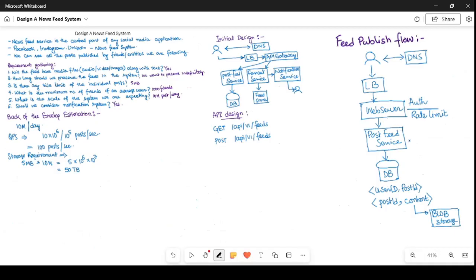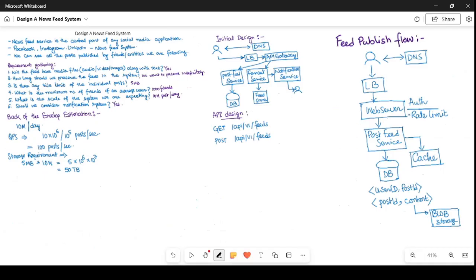So obviously the post feed service will also need a cache, because we realized from the back of the envelope estimation that we need to save 100 posts per second, and simultaneously our fan out service will take those posts and publish them to all of its friends' feeds. Hence, to make our system performant, we can have a cache to store user ID and post ID.